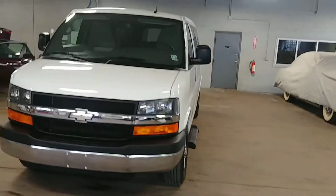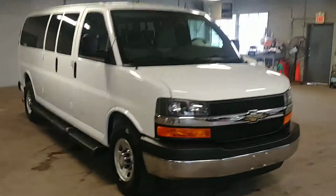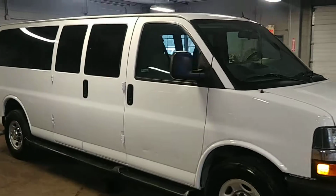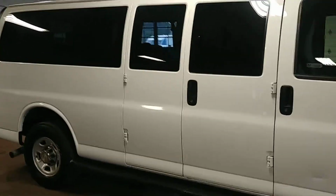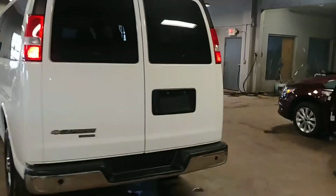All right, ladies and gentlemen, Northeast Leasing here, proud to present this beautiful, that's right folks, it is a beautiful 2015 Chevy Express 15 passenger cargo van with 17,000 miles. Let me repeat that, 17,000 miles on this truck, 2015, white,